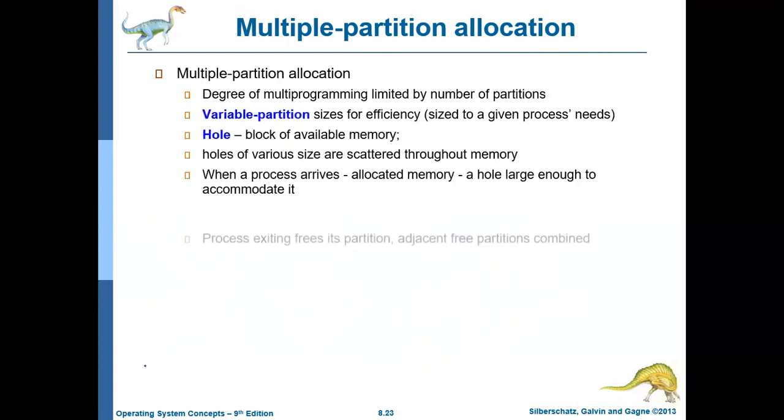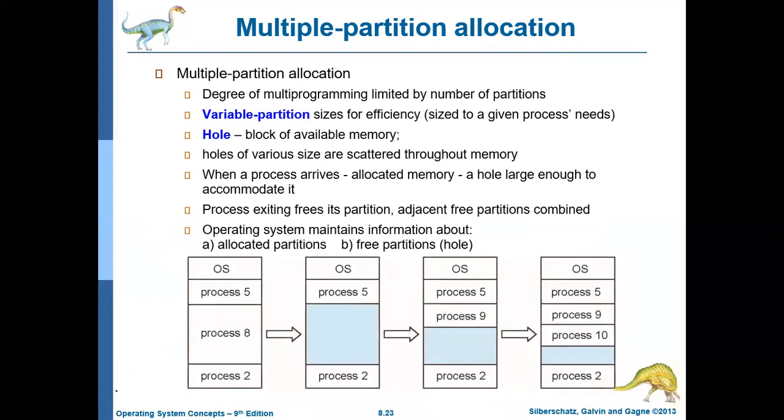So this diagram shows how the partitioning is happening. Here OS is shown at the top. That doesn't mean that it is using a higher address. No, the address you can start from here. So OS you can say is stored from 0000 to 2000. Throughout our discussion, we are assuming it is stored in the higher address, but you can represent it in any way, right? So there are three processes, process 5, 8 and 2.